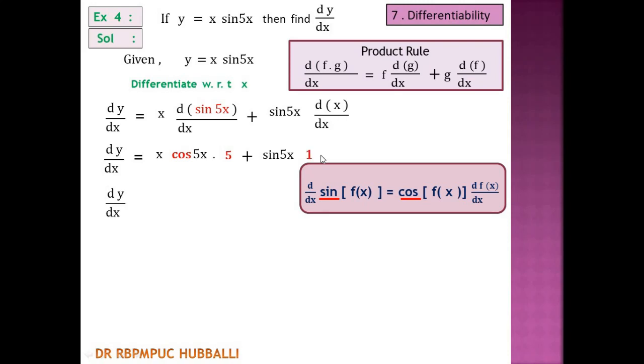So next, rewriting this, you will get 5x cos 5x plus sin 5x. So this is the derivative of the given example, and in this way you have to follow the rule. In the example I took, the functions were single functions but composite. After learning to write the derivative of composite functions, these functions may be in a product with another function, or in a division with other functions. We have to follow the division rule and the product rule, then write the derivative.